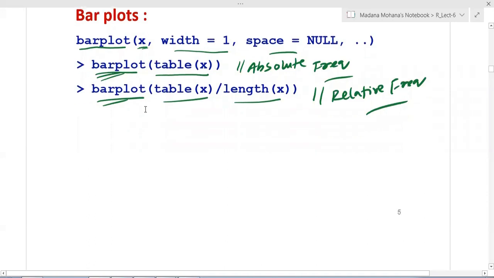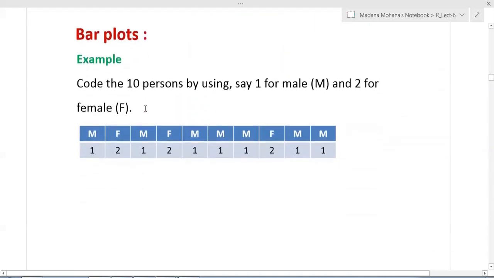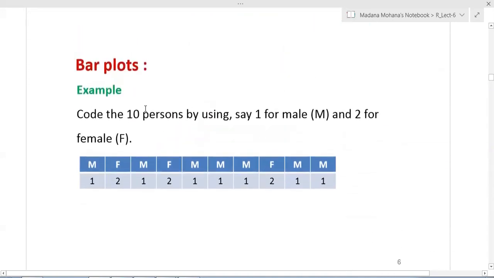Okay, now let us demonstrate by taking the same example we discussed in our previous session. For example, consider 10 persons, using 1 for male and 2 for female. Now the table is shown below.